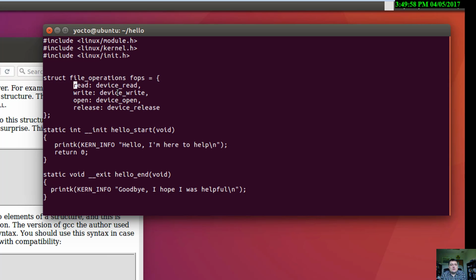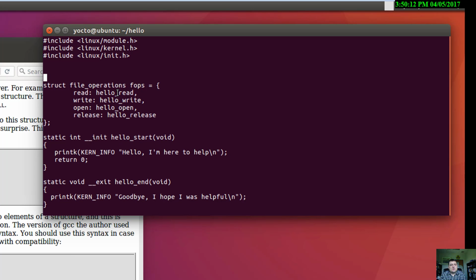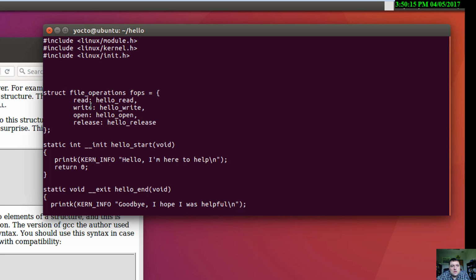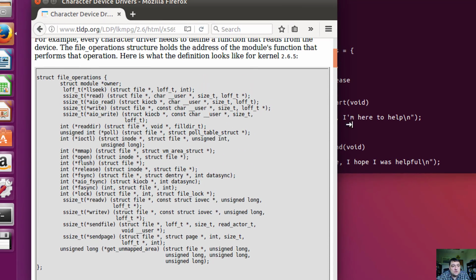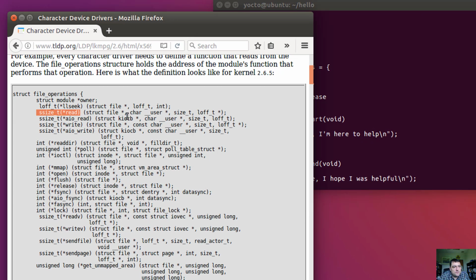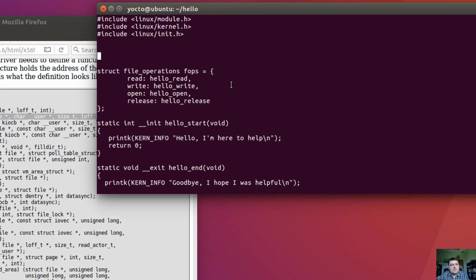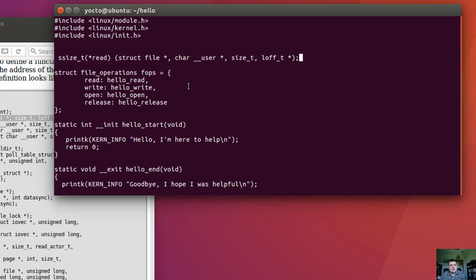I'm going to rename these here to be hello_read, hello_write, hello_open, and hello_release. So these file operations are going to connect what happens on the event side to the code that I'm going to write. I also need to make these functions, and so for instance, to have a function that handles read, we can copy the signature from that struct over here, and so my function read, which I'm calling hello_read,